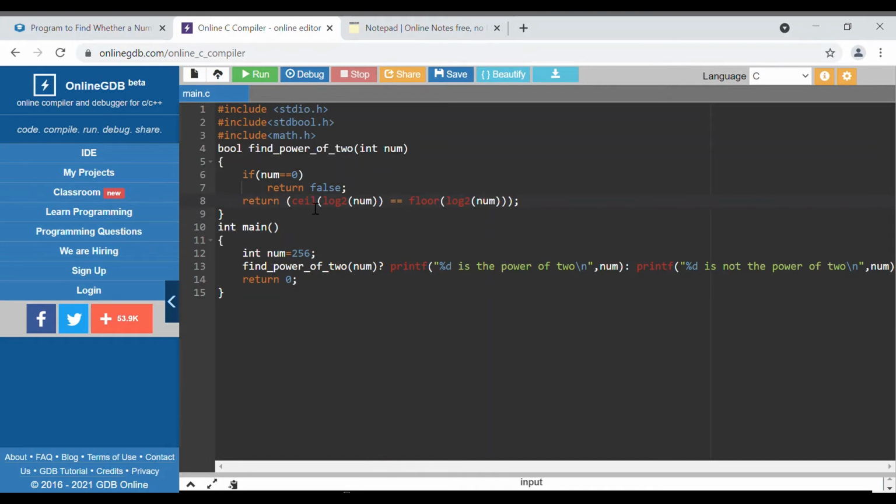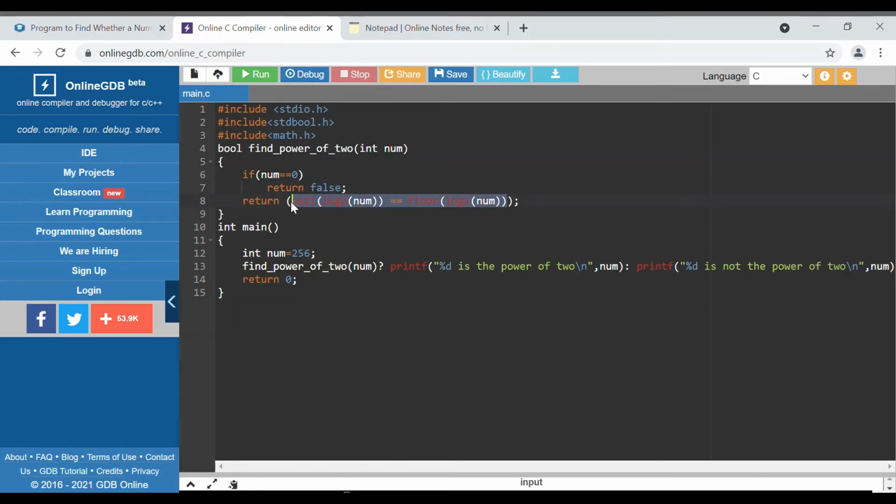But how are we going to check whether the number is an integer or not? Here we use the concept of ceil and floor. Ceil returns, if a number has a decimal value, the next higher integer value, and floor does the reverse: it rounds down to the lower integer value. If we get an integer number, then the ceil and floor of that are the same. So if the ceil and floor of the log of the number to base 2 are the same, then we can say it is an integer. Otherwise it will give different values.